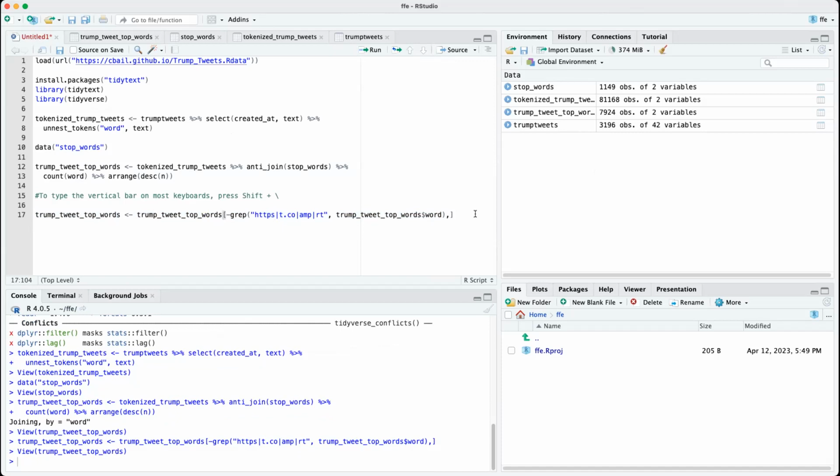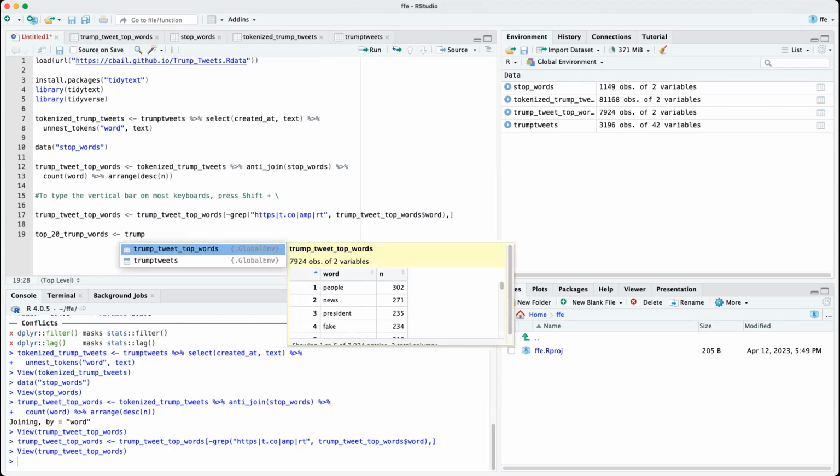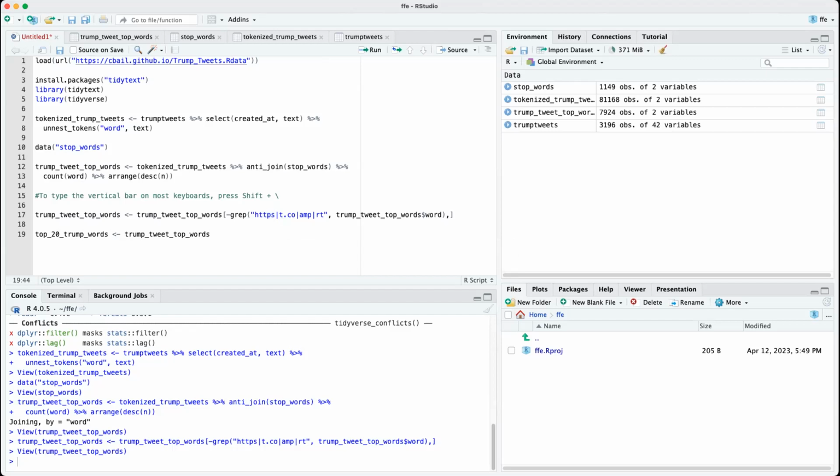So now what we're going to do is top 20, let's say, Trump words. And let's take 20 of the top words in that list. You do that by choosing 1 to 20th of row, and it's going to require column information from me as well. I'm not going to add any columns, so I'm just going to add a comma and nothing else, because